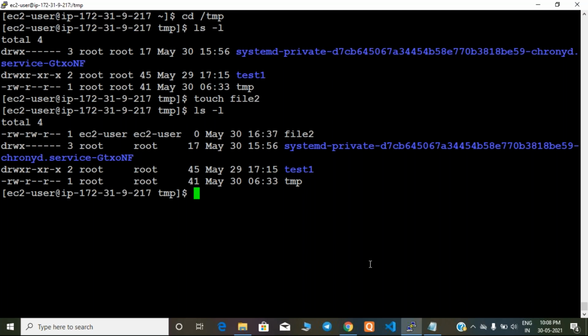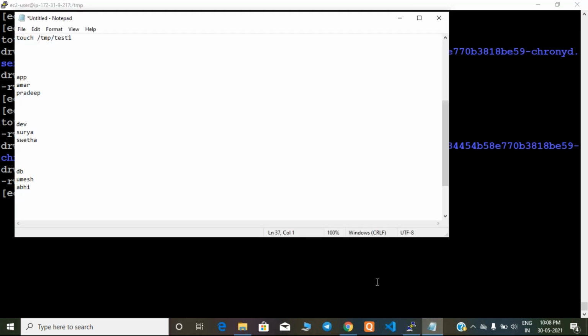Okay, now let me tell you the concept of group. Let me share here. Example, guys, application related files are there. So Amar user created a file, application related. So definitely Pradeep also should have access to that file. Yes or no? If Pradeep creates a file, application related, Amar also should have access to that file.